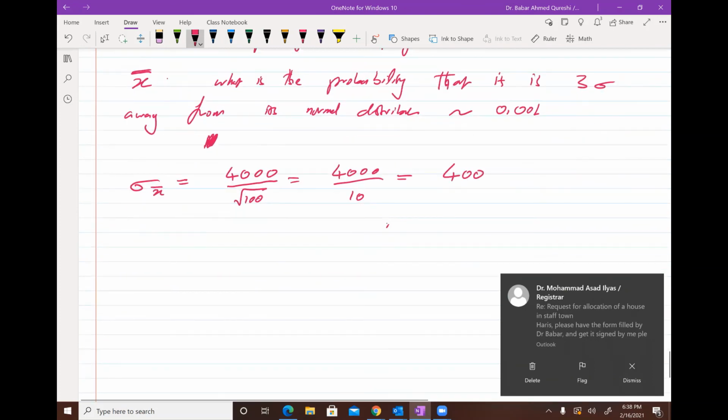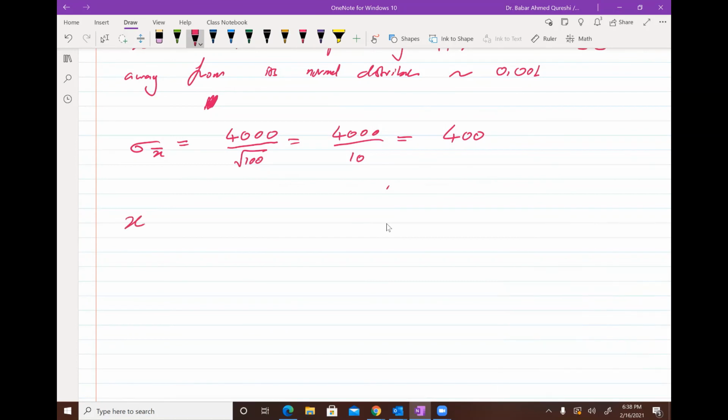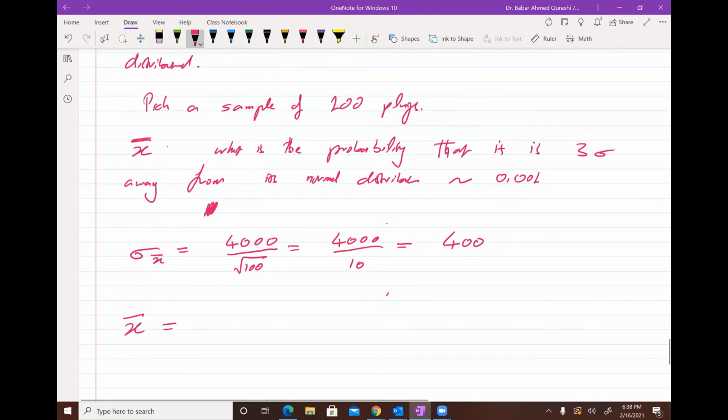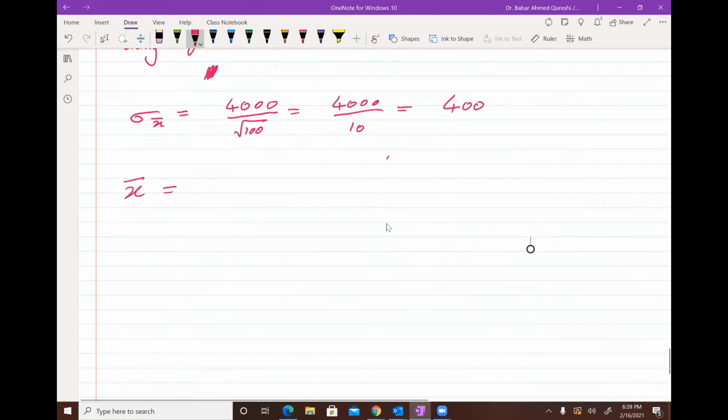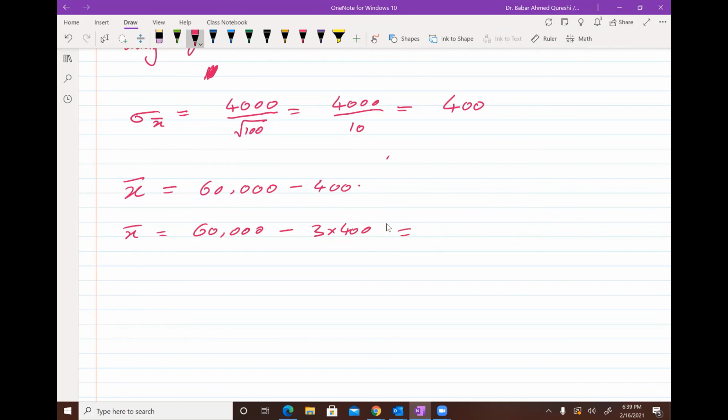That means that if your mean for these spark plugs comes out to be 60,000 minus 400, you would say, well, there was a chance that this happened, because this can happen in 33% of the cases. But if it was 3 times this sigma, 3 sigma away,